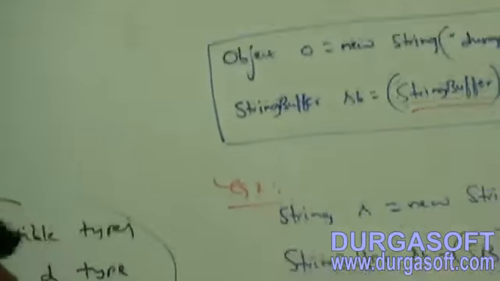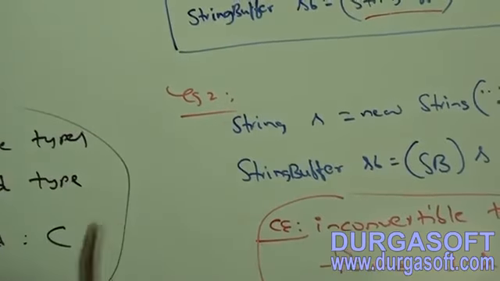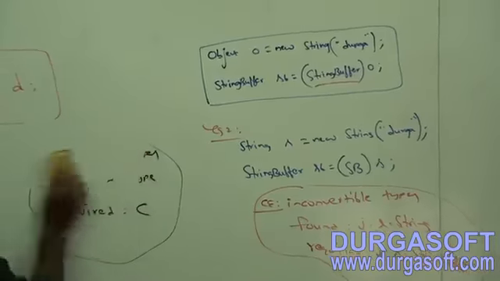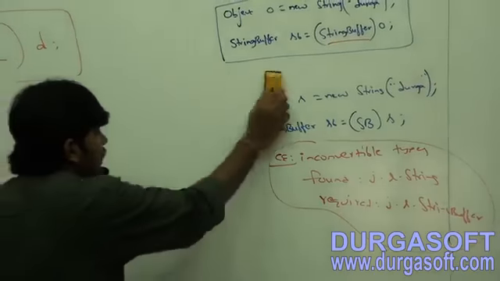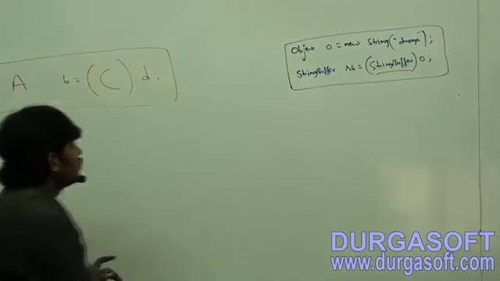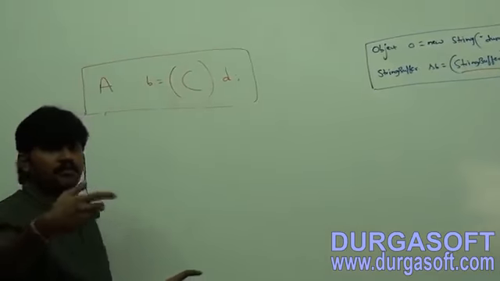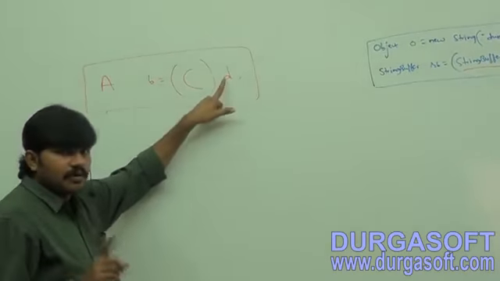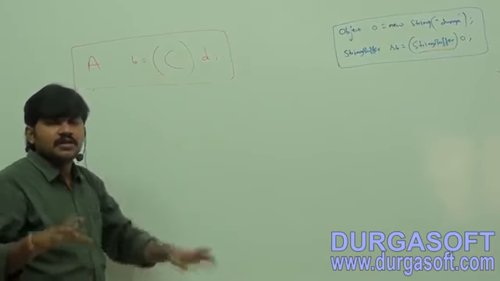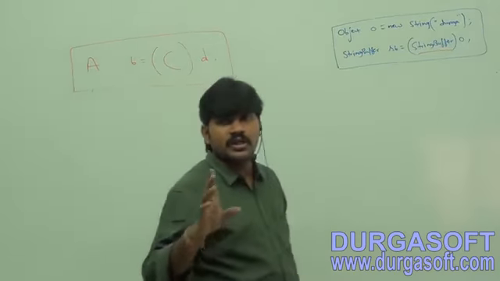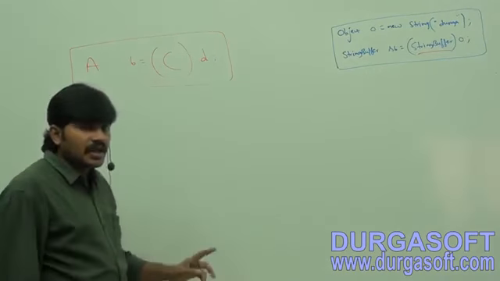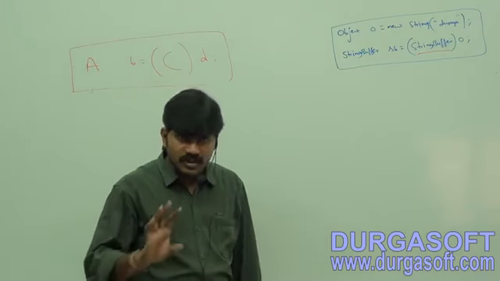So make sure, I hope you people are aware. Compile time checking 1: can you spell out whether this conversion is legal or not? How can the compiler check? Simple. Can you repeat what the first rule is? The types D and C must have some relation, either child to parent, parent to child, or the same type. Otherwise, we are going to get a compile time error saying inconvertible types. Clear for all of you, right?